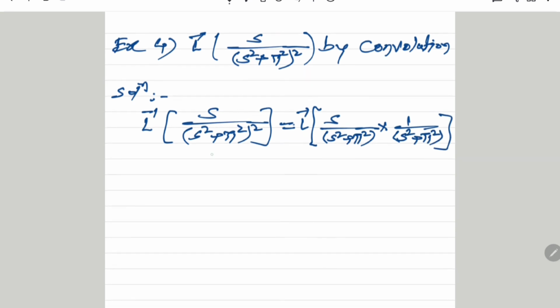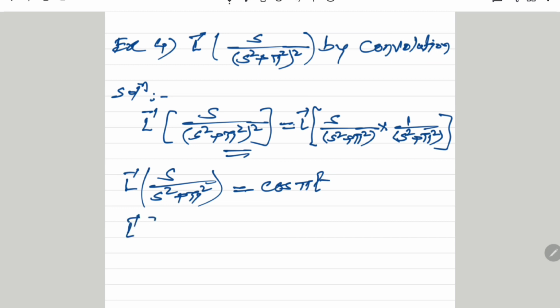If we take a product, we get this s square plus pi square and its square. Then we find individual inverse Laplace of s divided by s square plus pi square. Standard result, it is cos of at, cos of pi times t,